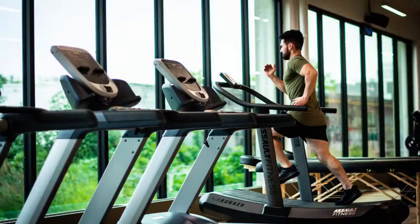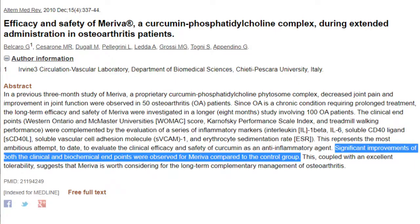But not only was there a significant decrease in the biochemical markers of inflammation, there was also a specific clinical reduction in the symptoms of inflammation as well. The participants in this study were able to climb on a treadmill for longer periods of time than their counterparts in the control group. So again, curcumin has the ability to lower the biochemical markers of inflammation in the body, and it also lowers the clinical symptoms that come along with those